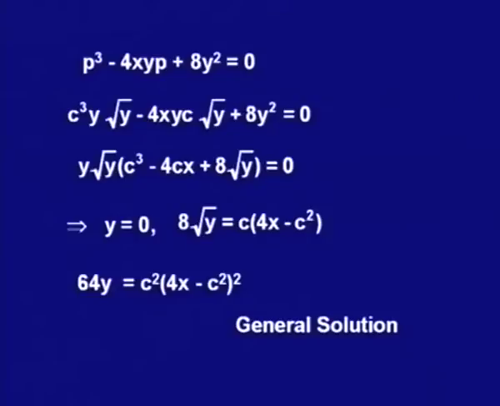You see, here again in the first one we have got two factors. We have taken only the factor which involves the derivatives, which is giving us the differential equation, and when we solved that differential equation we put the value of p in the original equation and again got it in terms of factors. This factor had given me the solution y is equal to 0, but this is not an acceptable solution because it is a trivial solution. Y is equal to 0 will satisfy any differential equation. So, we are not interested in this; we are interested in the second factor, and from there we have got this as the general solution. Let us see one more example.